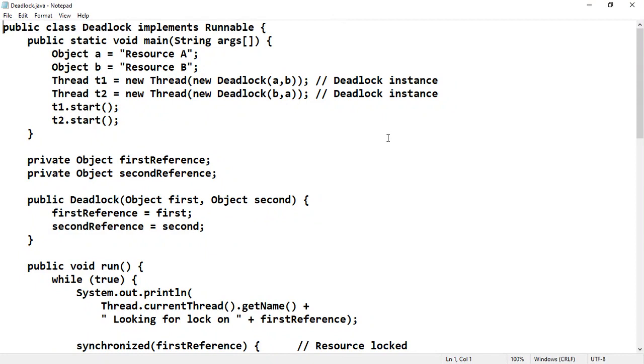Next is a special type of error that we need to avoid, which is related specifically to multitasking: deadlock. Deadlock occurs when 2 threads have a circular dependency on a pair of synchronized objects. For example, suppose one thread enters the monitor on object X, and another thread enters the monitor on object Y. If the thread in X tries to call any synchronized method on Y, it will be blocked.